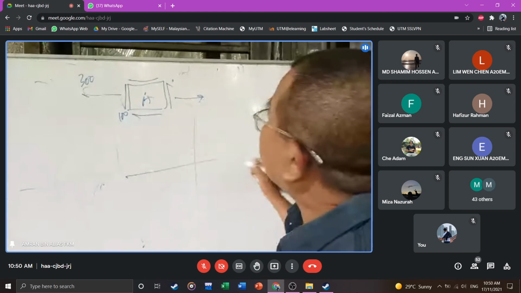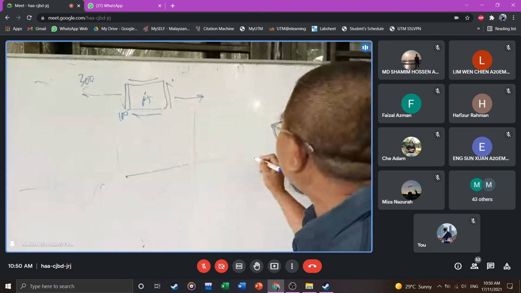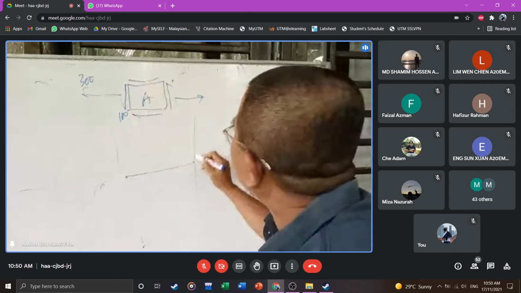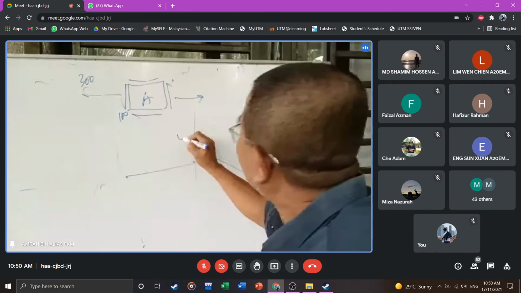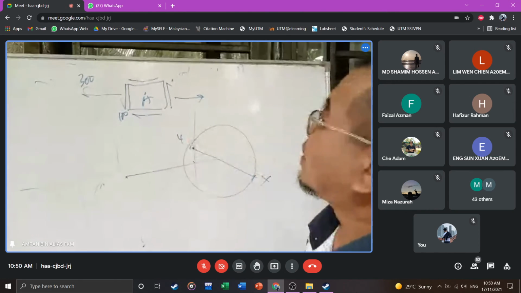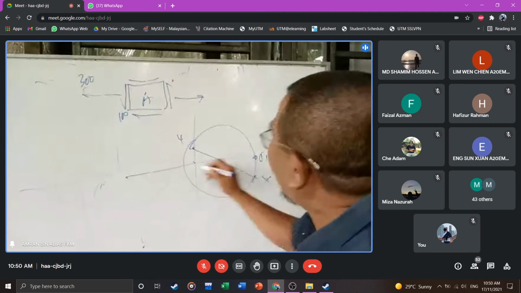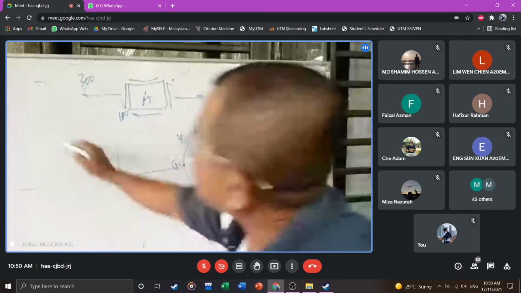So what is that? 300 and minus 100. 300 minus 100. And then this 0 and positive 100. There's your X, there's your Y. There's the Mohr circle there. You can find what is your sigma 1, what is your sigma 2. Let's say the question